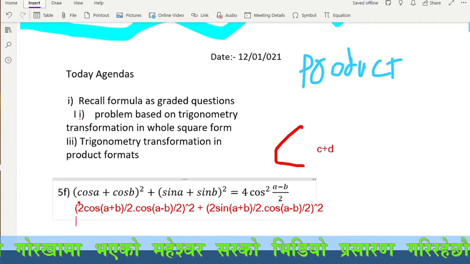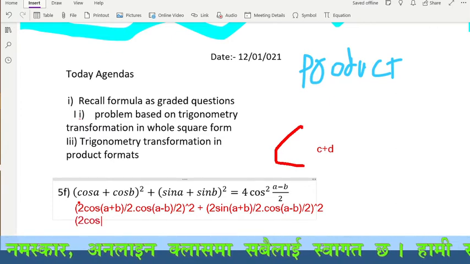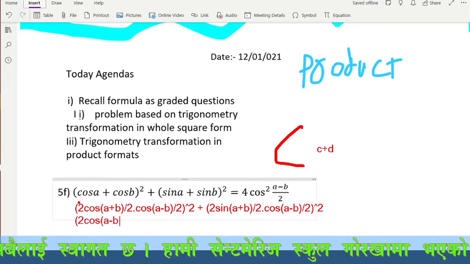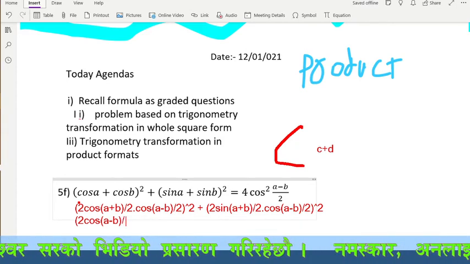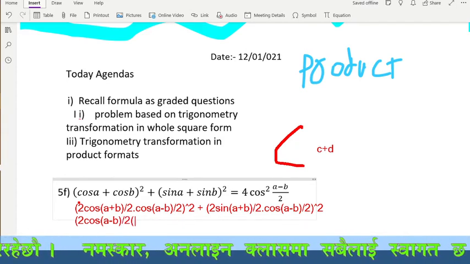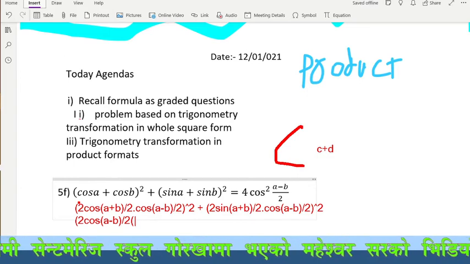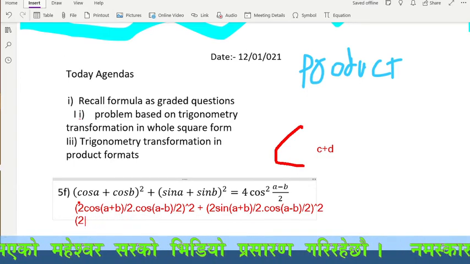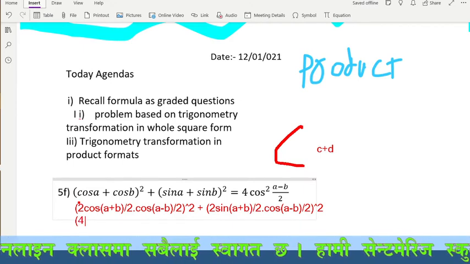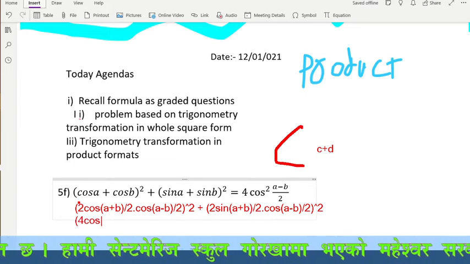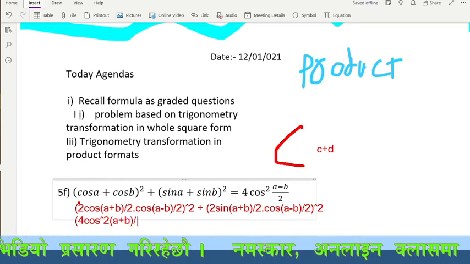What is that one step? Suppose I keep in a common bracket only 2 cos (a minus b). All of you see on the screen. So 2 cos (a minus b) upon 2 we have got common. Clear? And a squaring, that a square, it will come in a square only. So sorry, this will be a square. If we want to do a square, then we can do that. What will we get here? 4. If we do the square, what will we get? 4 cos square of (a plus b) upon 2.